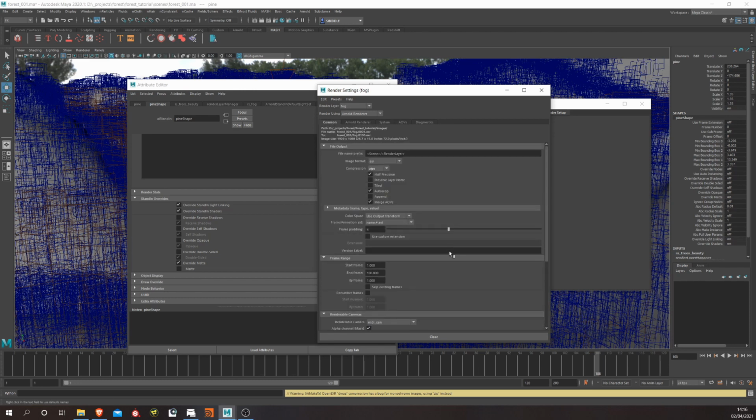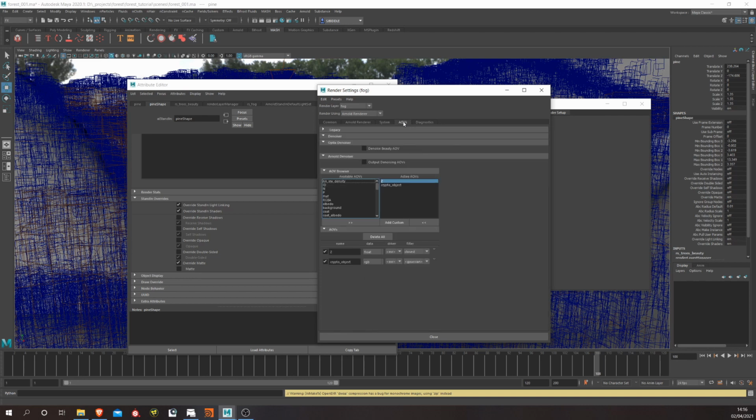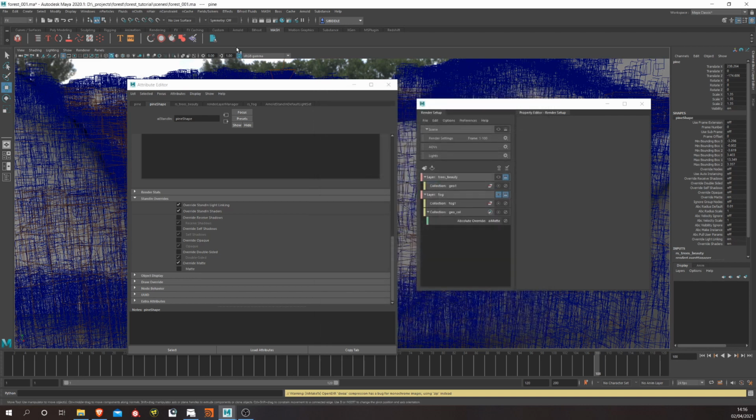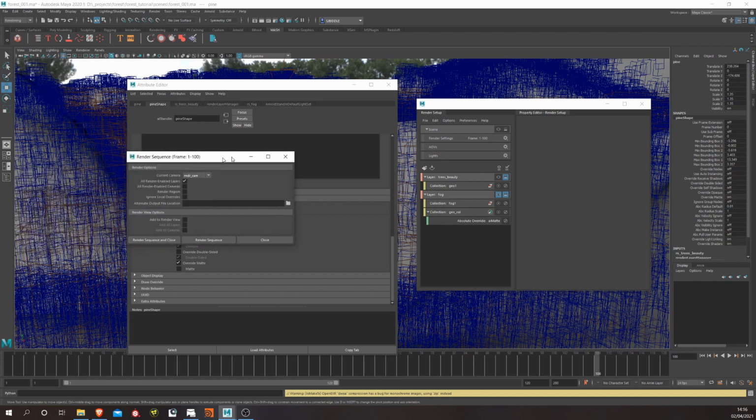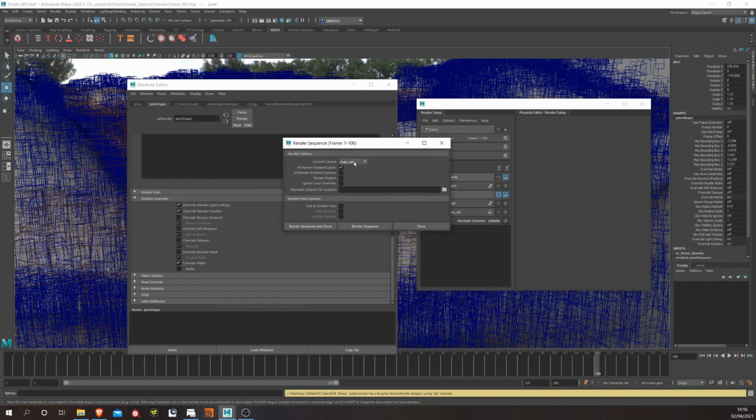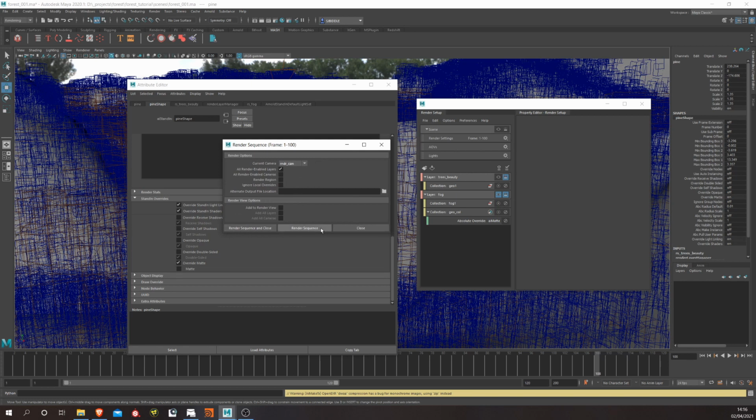So that's your basic render settings done. Got the AOVs. The only thing that's left to do is to go to the rendering tab and go to render sequence, click the box there. It will come up with this. Make sure the camera's selected, all render layers enabled, so we've got just these two, render sequence, and then depending on how powerful your system is, in a day you might have a result, or if you've got a Threadripper,